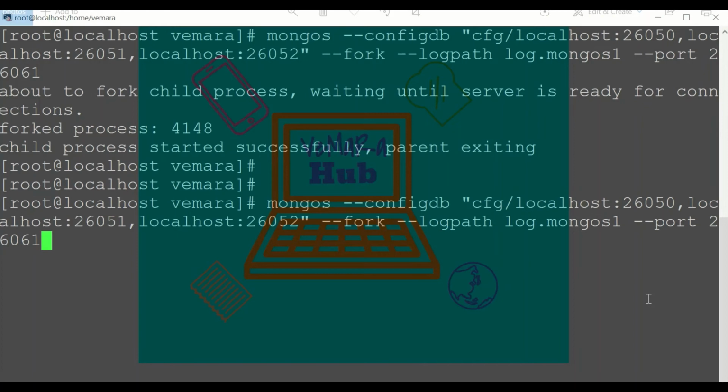So we can run multiple Mongo S instances to increase the availability of Mongo S to the client. So I'm running another Mongo S instance, say on 26062, with the same configurations of config.db.